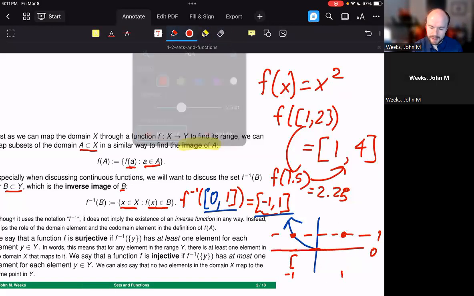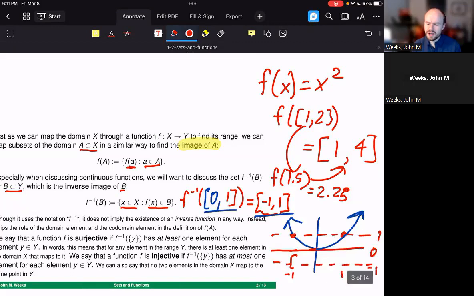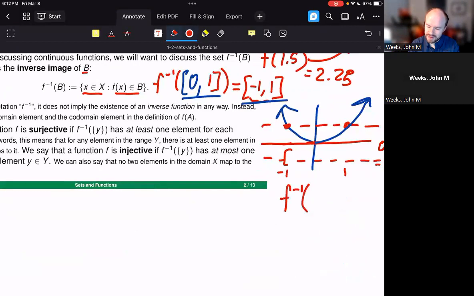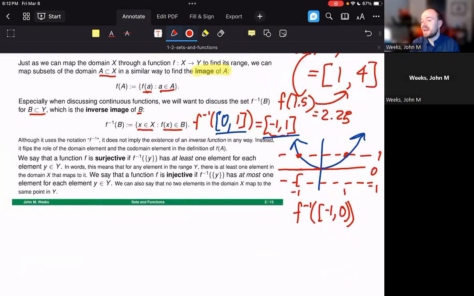So let's say, for example, I draw this function back up on here, and I take my window of y values to be going from -1 to 1. And then notice that the x values that live inside this little y window are still the same. Even though there are no x values that associate to these negative y values, because there can be none for this function, that still doesn't change the fact that you can take f inverse of sets like that. So something that's interesting here is that if you took f inverse of the set going from -1 to 0, not including 0, that is, if you take any subset of negative numbers for this particular function, f(x) = x squared,